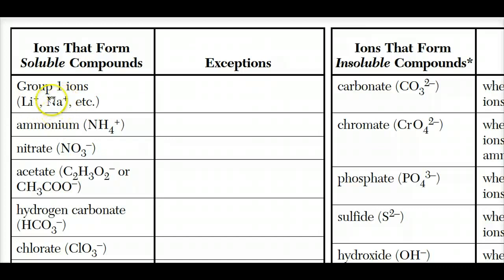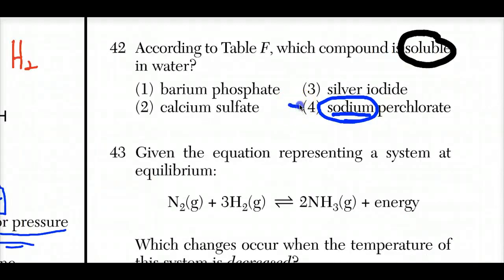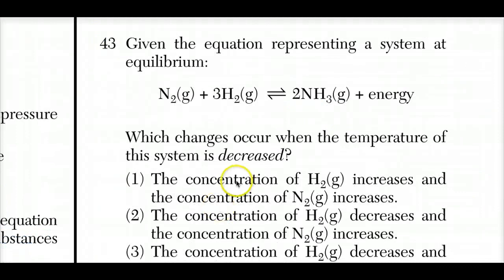And we know why. Charge density is so low as these are big ions. So obviously choice 4 is the answer. Number 43. Given the equation representing a system at